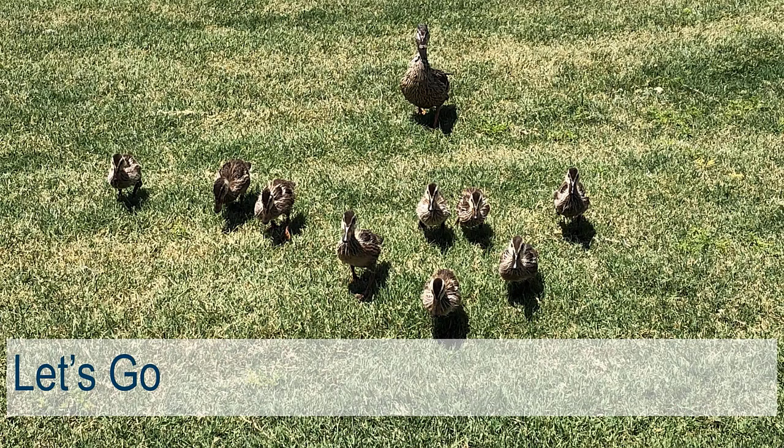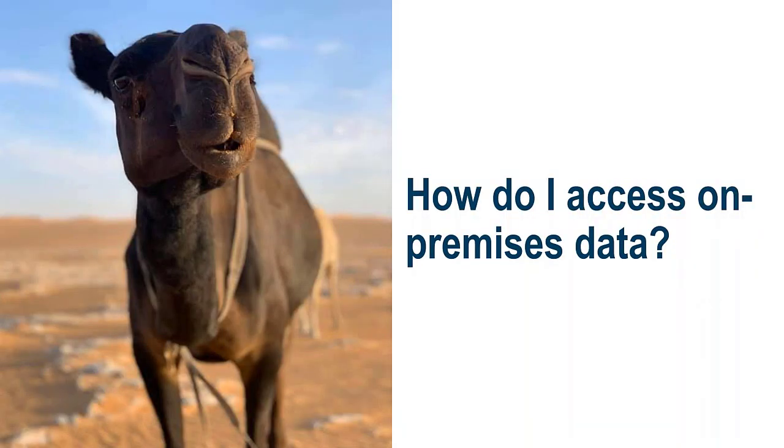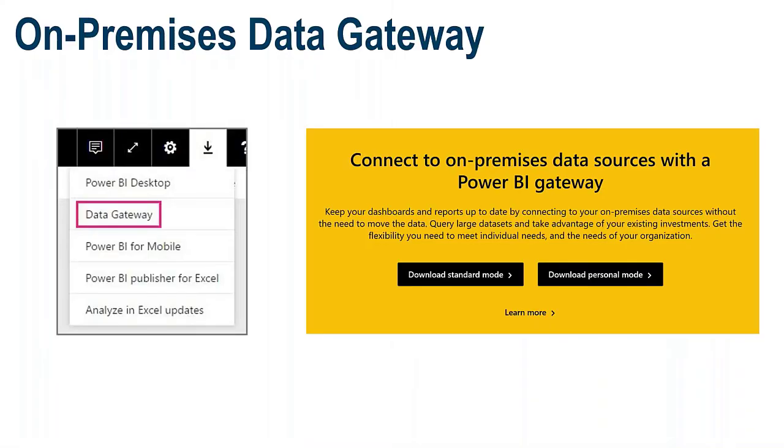All right. So we've looked at what Power BI is and how we can import data, but what if we want to connect or access on-premises data? Well, to do that, you need the on-premises data gateway. And as of last week, there are now 2 different versions. It used to just be one. For the last 5 years, it's been one, and then you had to choose the option. Now there are 2 different versions that you need.